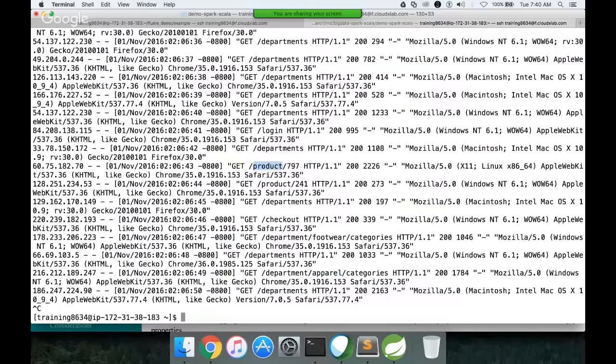Okay, and then there are also GET API calls. You can see that product and then product ID. So if you want to see which products are being accessed more frequently, you have to identify how the route is defined, and you have to parse the data, and based on that you have to store as per your requirement, so that you can do some downstream processing. Okay,